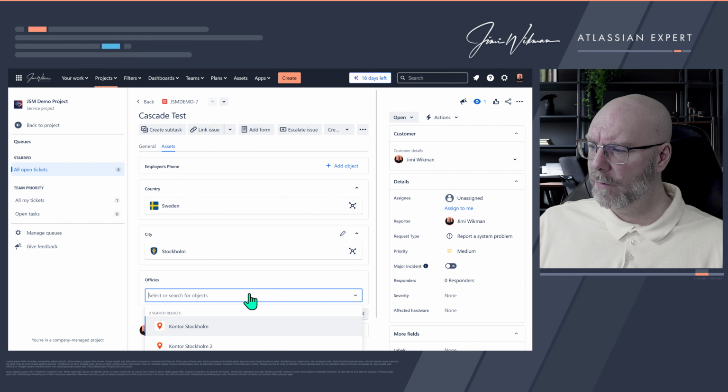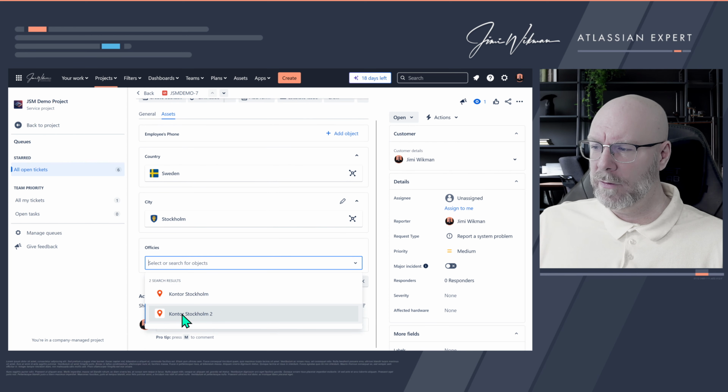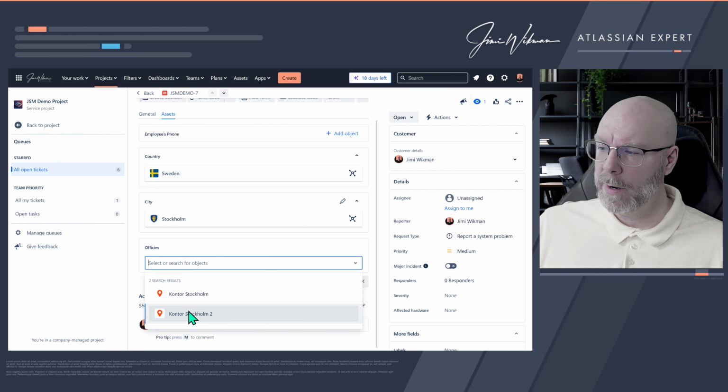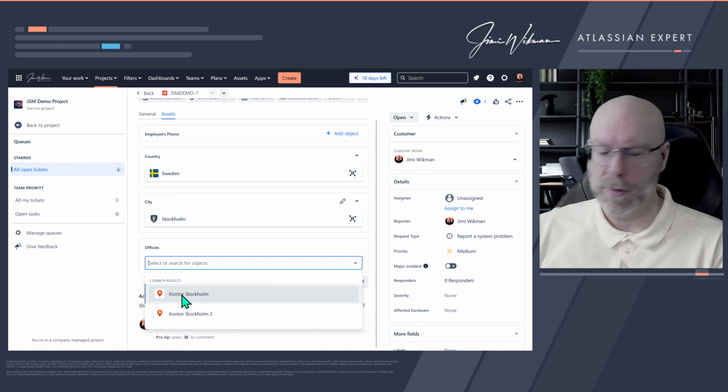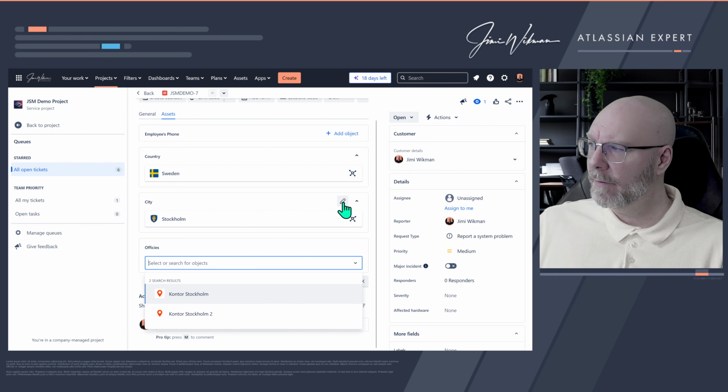Do we have any offices? Yes, we have 2 offices. So then I will see now the offices, and in Swedish, the word for office is kontor. So that's why it looks like this. So it's Swedish. And I now have 2 offices I can select. And if I select something else above,